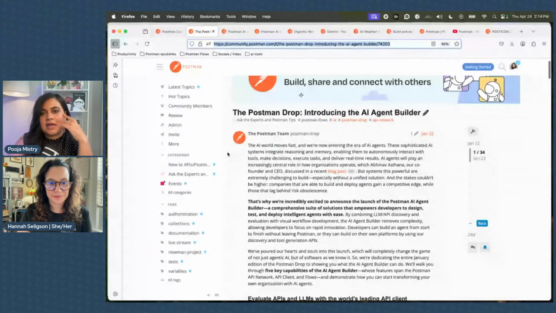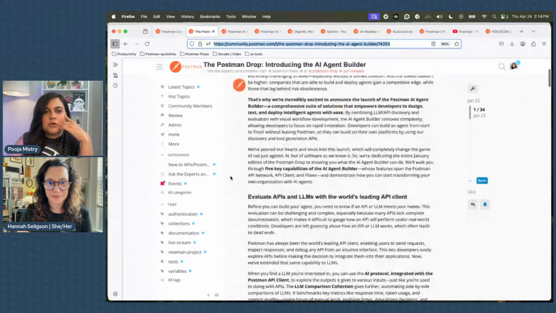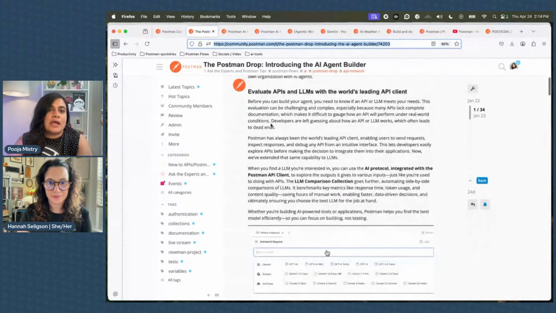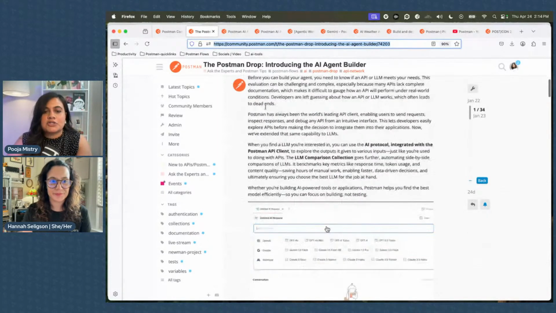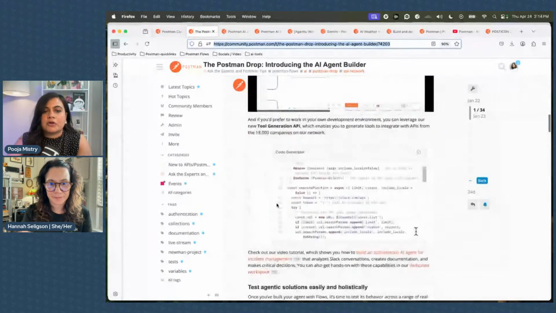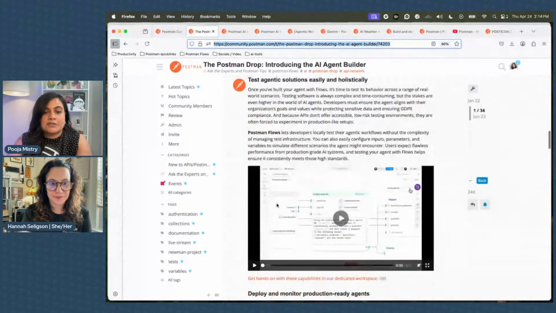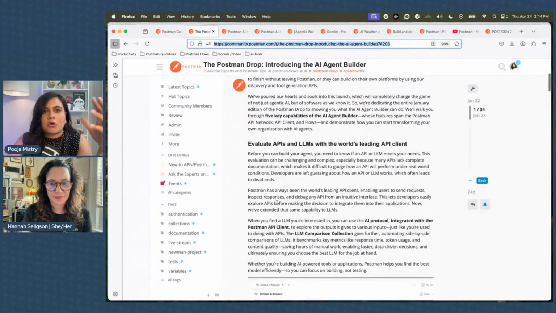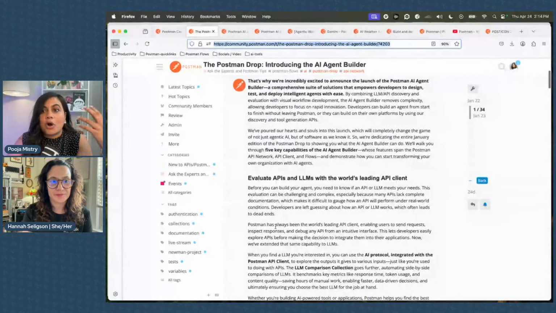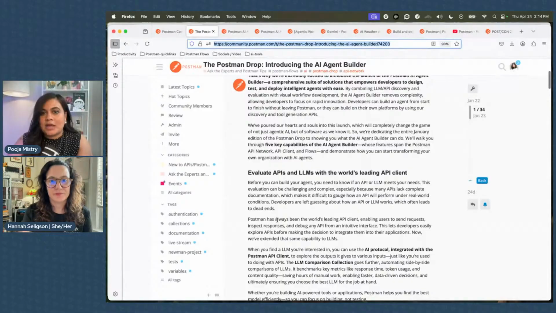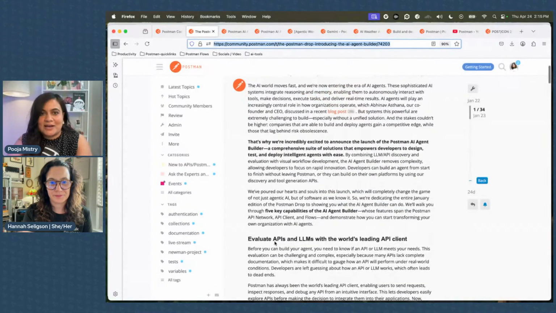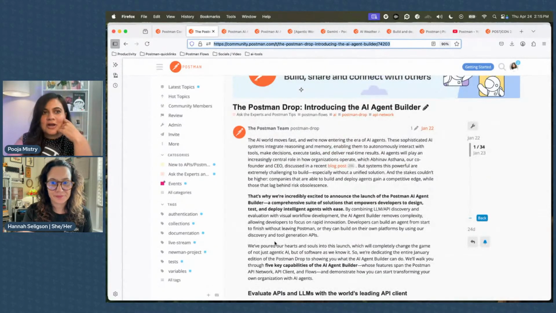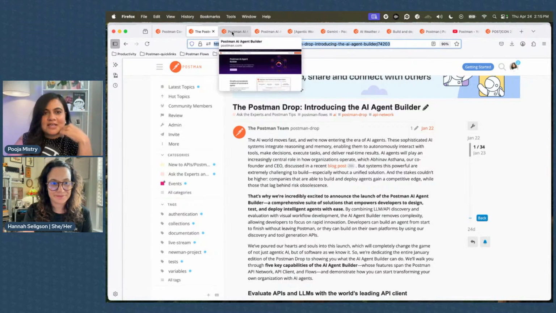Specifically the AI Agent Builder is, as Alex mentioned, there are some tools for API evaluation, some LLM evaluation, building agents with workflows, and then building, testing, monitoring, and deploying. And to be honest, it's been really fun to not only work within the Postman community to see what others have built with agents, but also to work with people like Hannah, who is part of HubSpot and has built some flows and workflows herself. We'll talk about some of the things that Hannah has done as well.